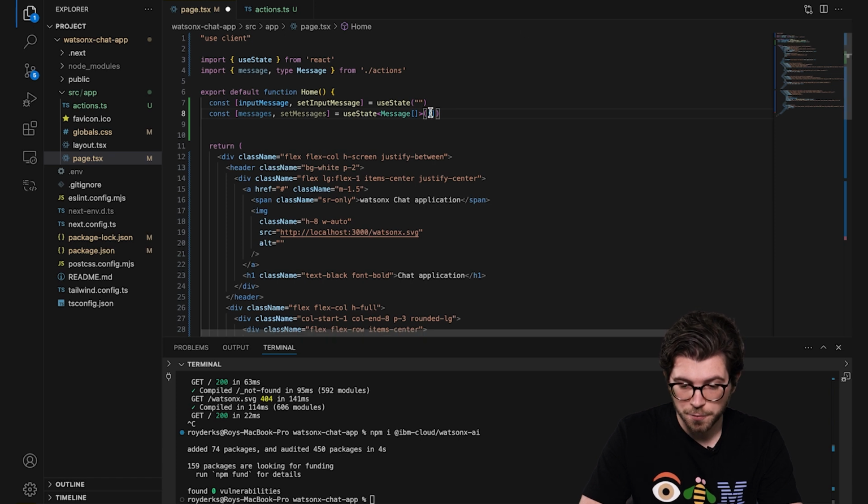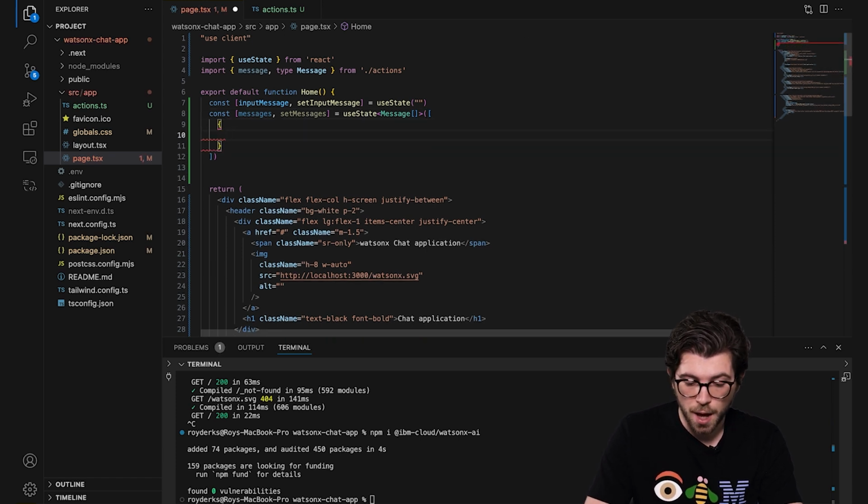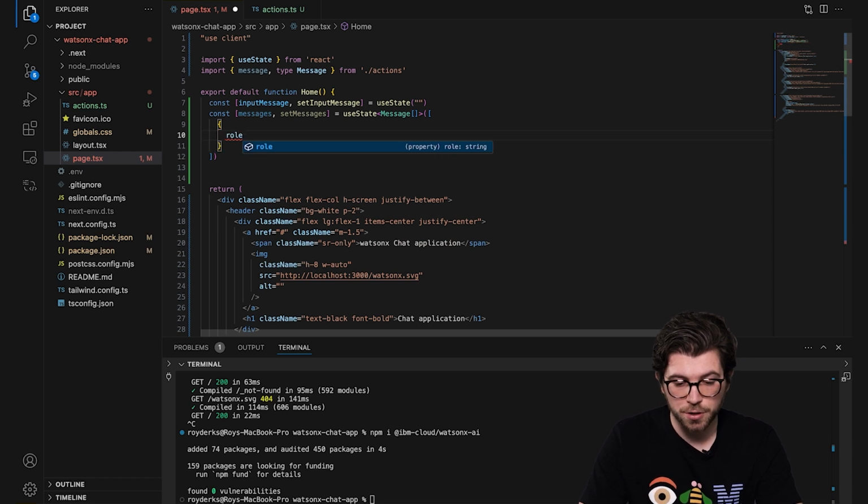We can also add a default message in here, which will be present in each of our applications. I need to set a role which is called system. So the system prompt is a very important prompt, as you use it to give the LLM additional instructions. So your question will be sent to the LLM together with your system prompt. And in the system prompt, you can ask for details, or you can give the LLM a certain role. Maybe you're building a chat application for an insurance company or a medical one. You want to use the system prompt to make the LLM aware of the context of your question.